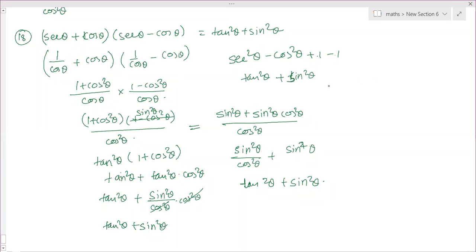Yes, I did the same way. Ma'am, I sent you the homework. Yes, I have seen. Okay, the same way you have solved this, which is the 17th one, you can solve the 18th one, exactly the same way. There are 3 methods I already showed you. So use any one method. Okay, ma'am.